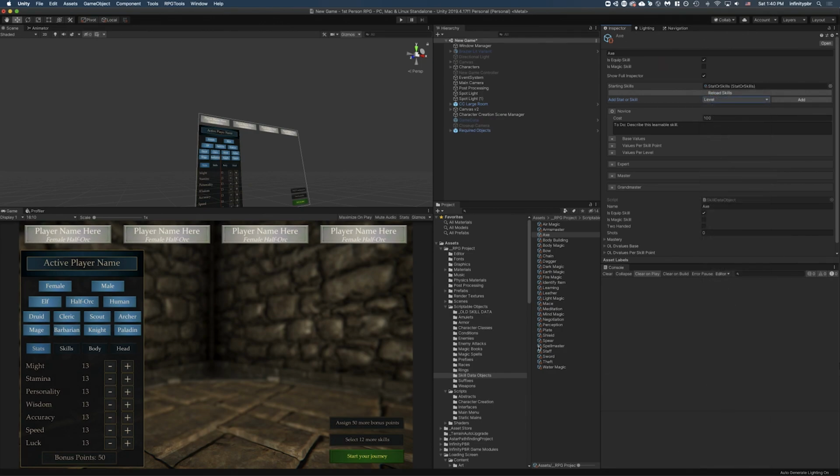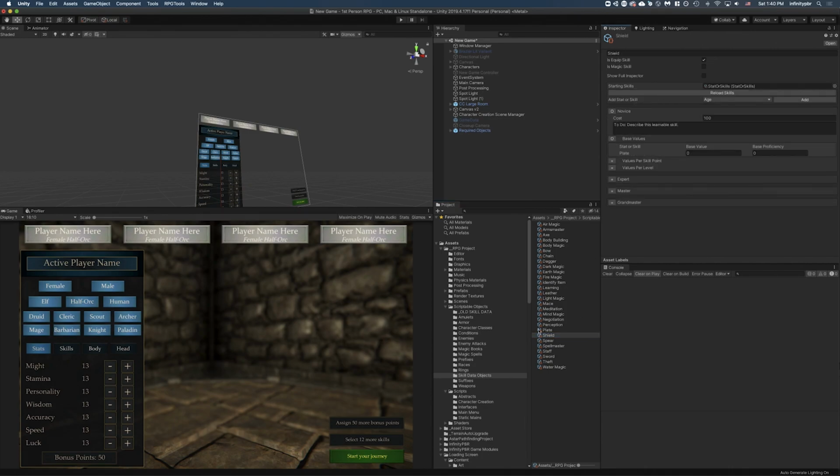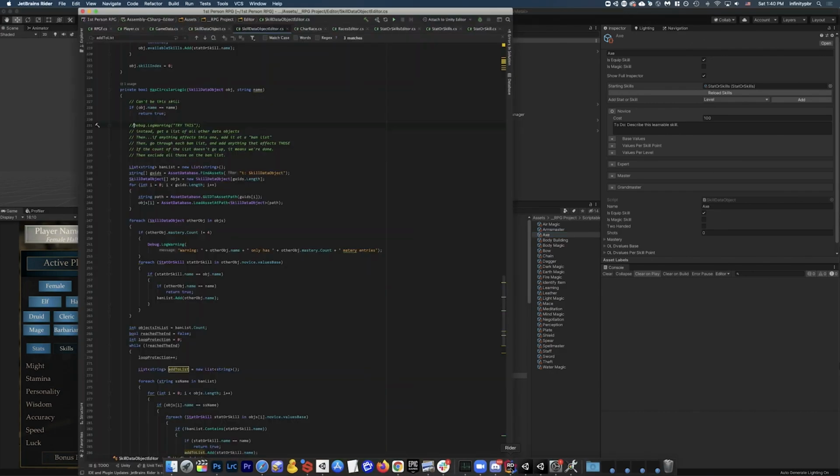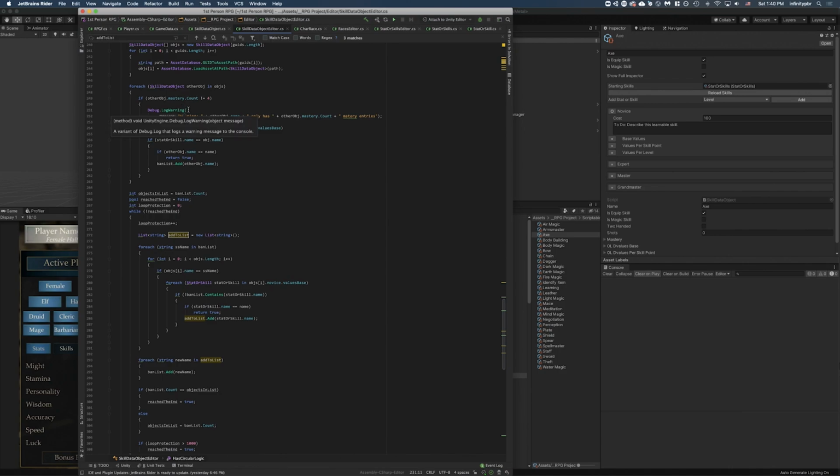Shield. Okay, let's just make sure I didn't mess up somewhere else. Shield effects plate, right? And then plate affects axe, so therefore shield should not be able to affect axe. All right, so my code did not work. That's disappointing, isn't it? Okay, so what we'll do is